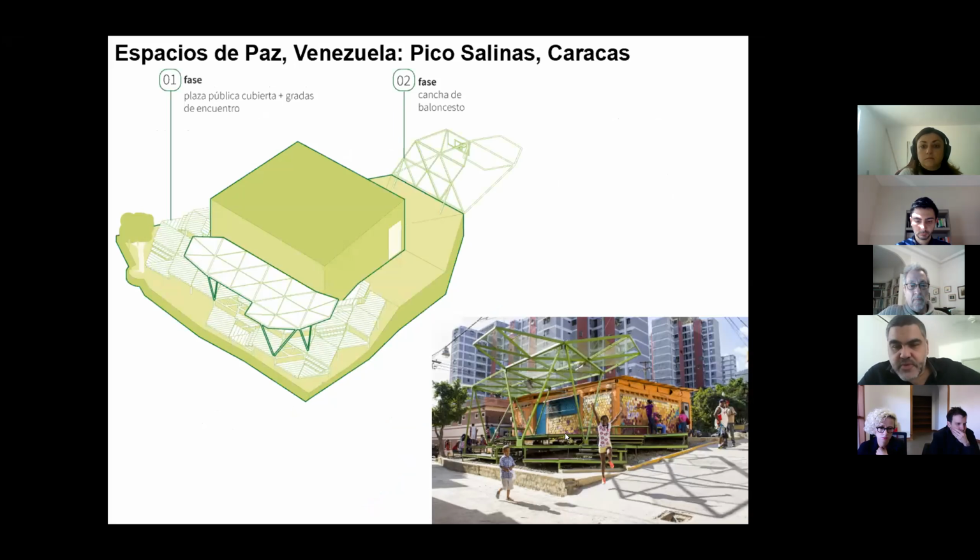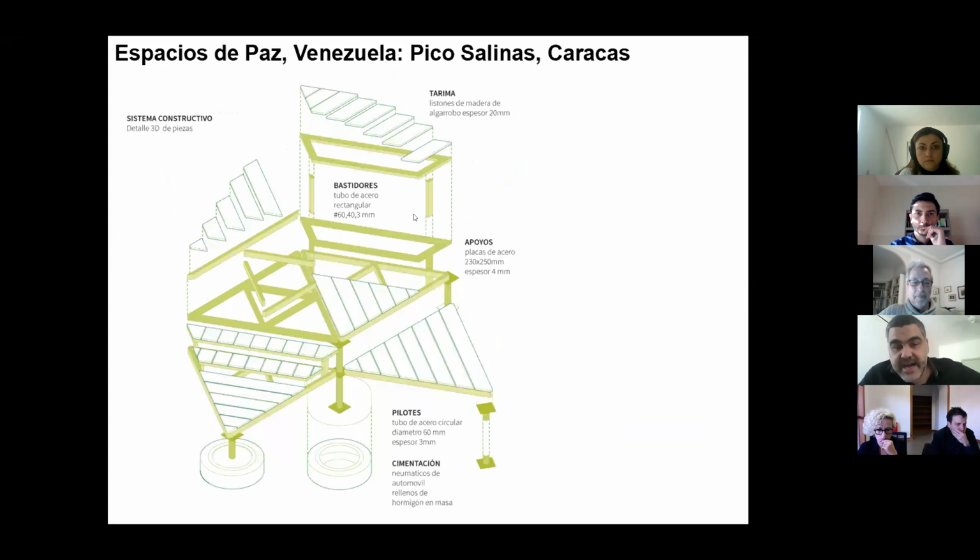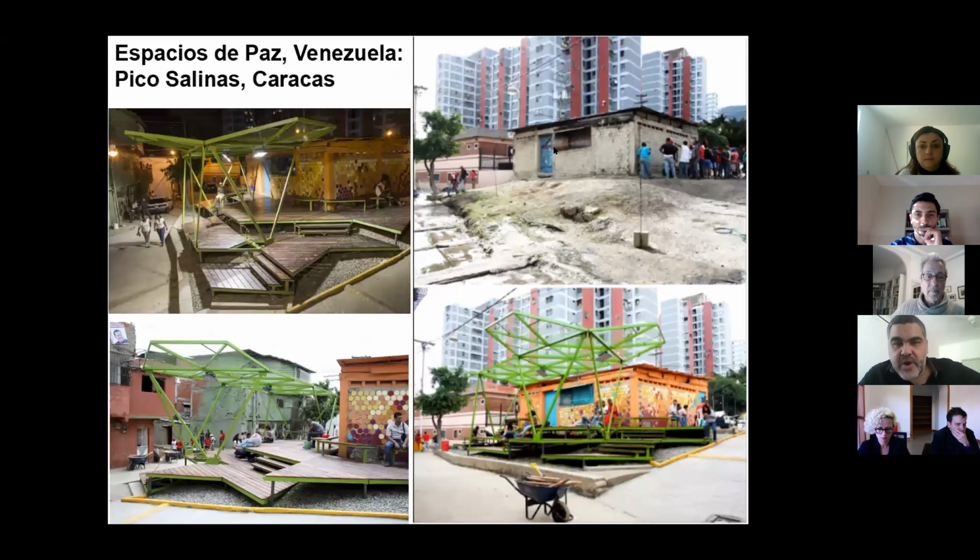This was an empty house that was transformed into a kind of community center. And this intervention was designed by 3 offices of architecture, 3 collectives, all together with the community of Tres Marías de Pinto Salinas, with architects from Pico Studio, PKMN, and Oficina Lúdica. They designed with the community all the details of these elements in wood and steel. And those are pictures on the right side, how it was before the intervention, a residual space, an empty space with no use that was transformed into a meeting point, a community space, where people from the community can meet,